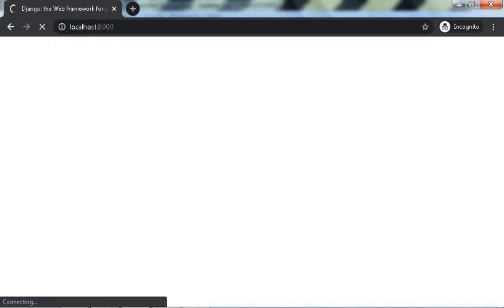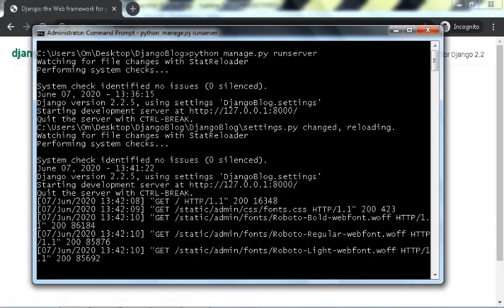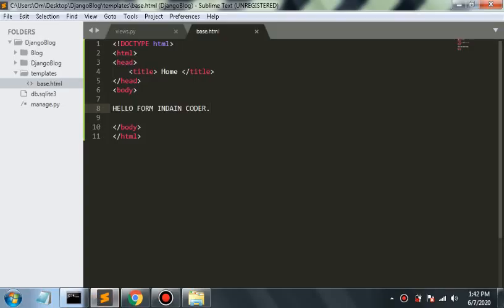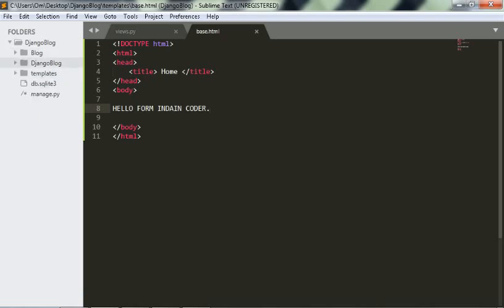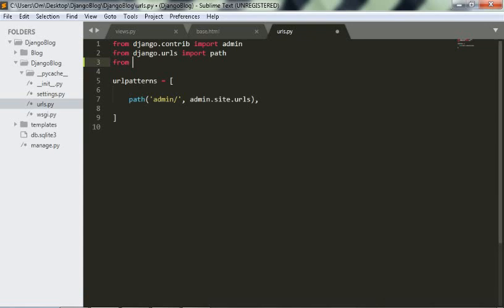Localhost 8000. Yeah, we have not configured URLs. Let us configure the URL first. Let us import from blog.views import home.